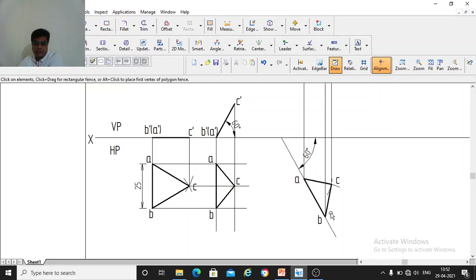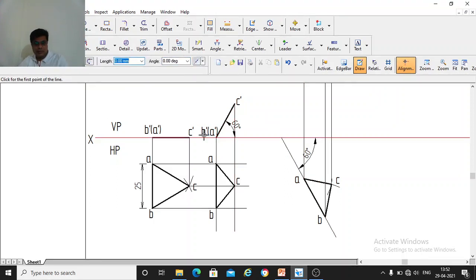So once you are drawing from top view, if you want the front view, you should draw it upwards. Then from the previous front view, from ABC, you draw horizontal lines, projector lines. So again, I will draw lines from ABC. So already AB line is here, it's on the XY line. So from C, I will draw one line, horizontal line here, straight line. So now we have the top view and we have the front view here. So in this, we will get the front view.